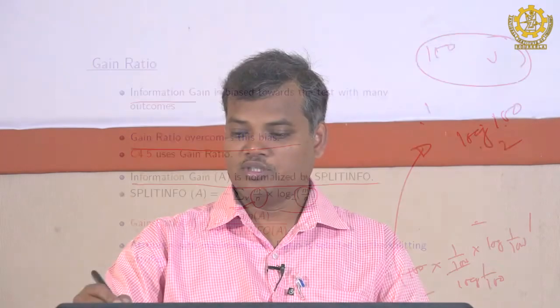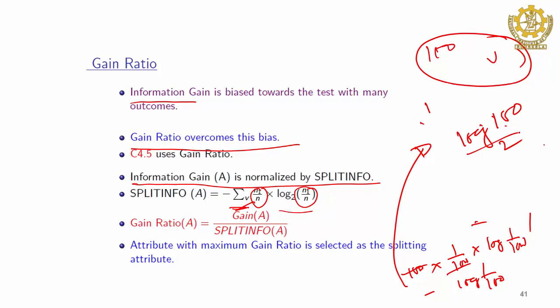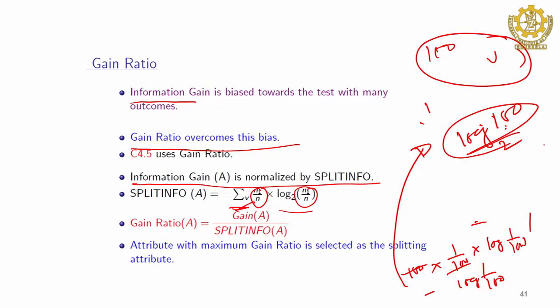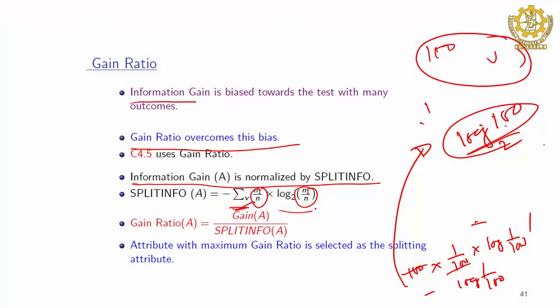So, now what we see is if there are multiple outcomes, this value will be more. It was 100. So, in some cases it may be 200 or in some cases 30. So, gain will be the same for all cases, let us say, but because there are many branches, that is divided. So, the overall value will be less. Therefore, actually split info will punish the gain.